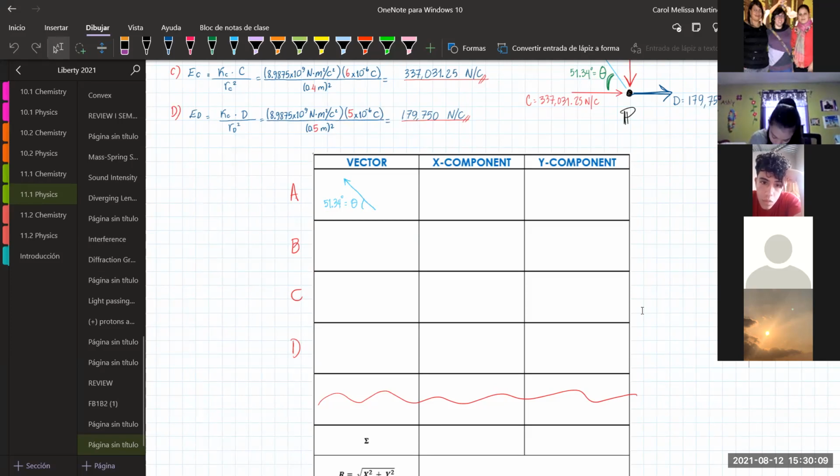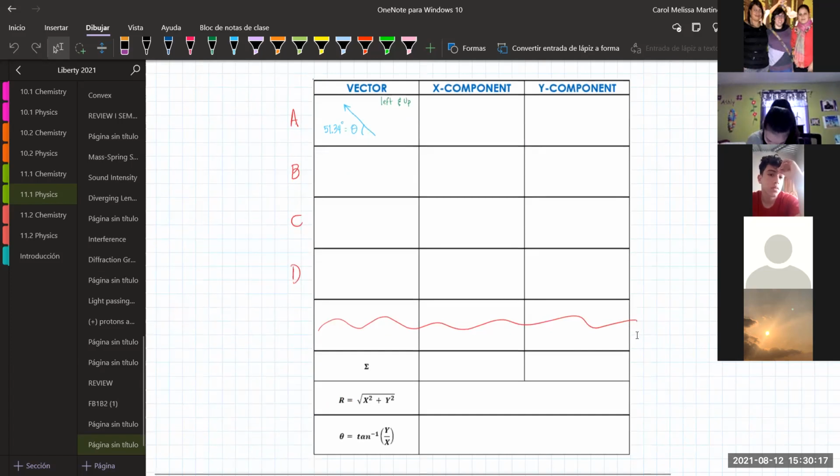Because it goes to the left, it's going to be negative for x. And the way we get the component is the value of vector A, which is 87,768.56